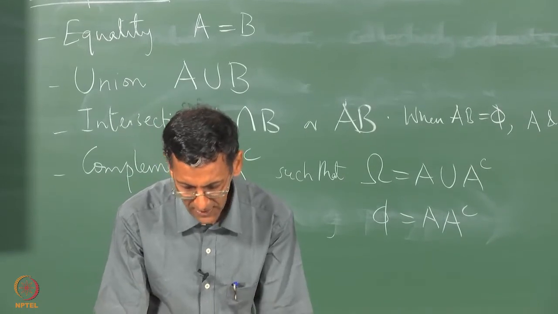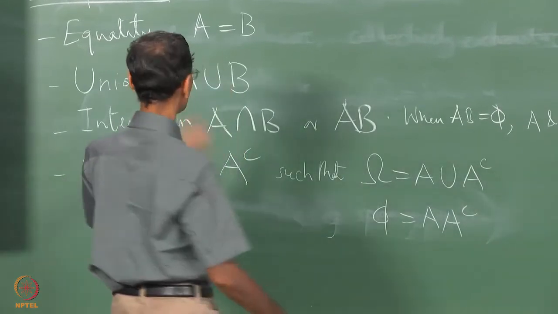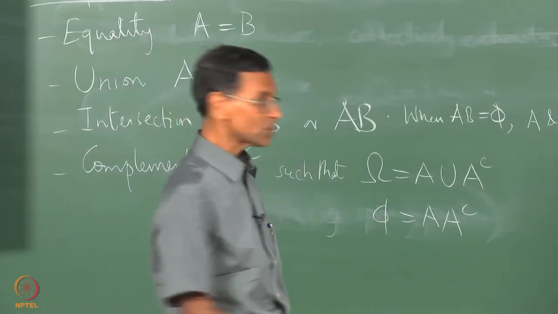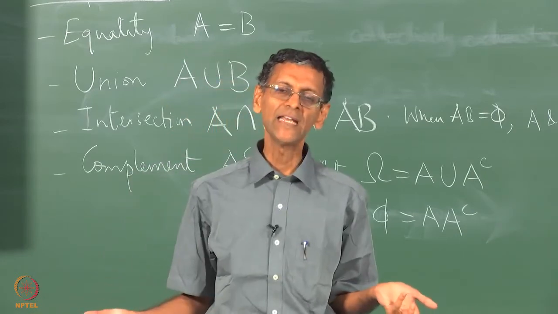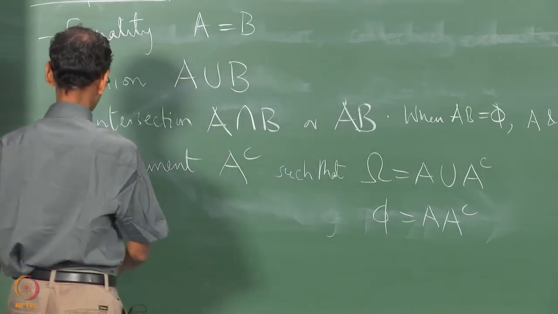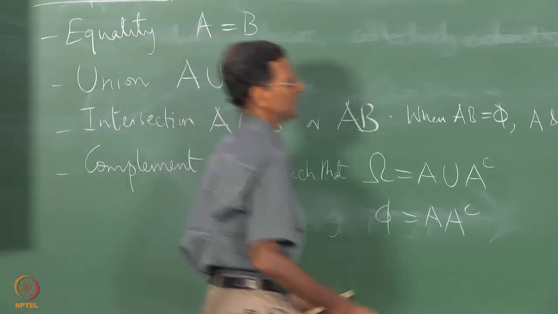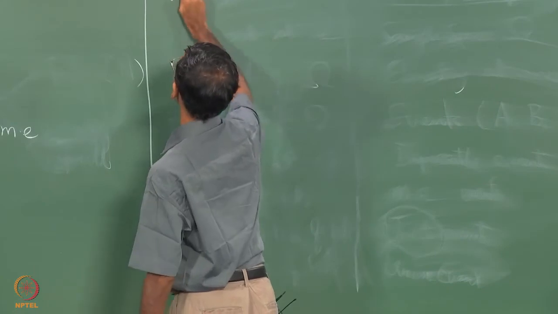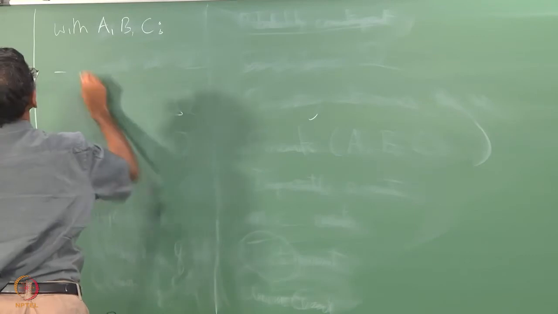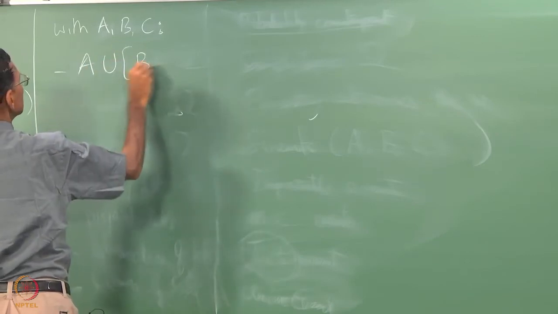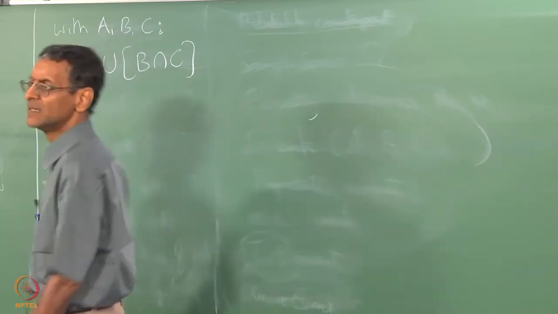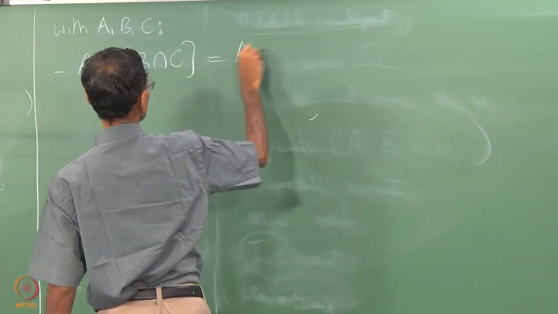What if you add a third set C? This is pretty much what we can do with just one set or two sets. What can we do if you have three sets? You can talk about combining unions and intersections. So let me go here for that. With A, B, C, what can you do? You can do A union B intersection C. I am just writing it to show, which is the same, of course, in our notation as